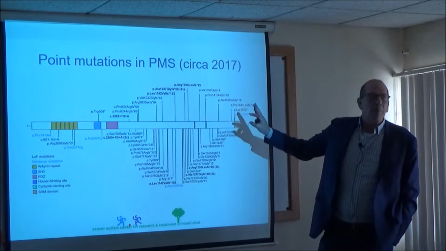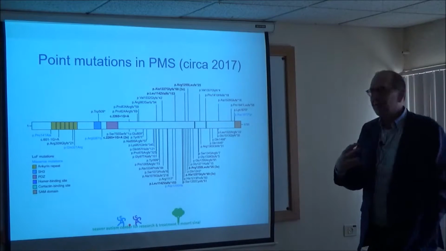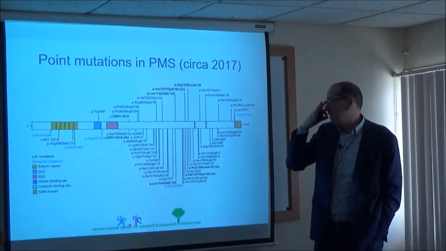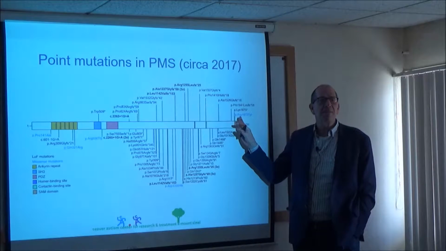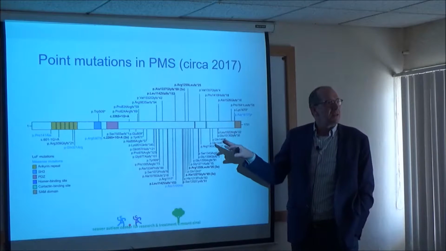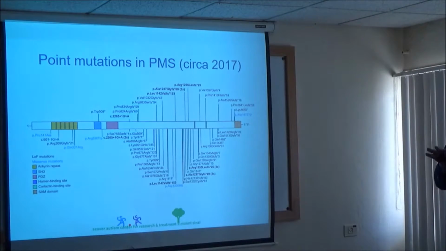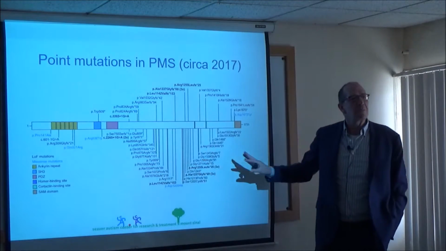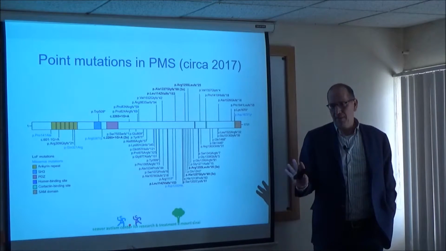So there are point mutations in SHANK3, and there are deletions in SHANK3, and both cause the same phenotype. We looked at 17 patients with point mutations, so the biggest cohort prospectively. We also did a literature review. We found 60 mutations described in ClinVar. About 50 of those had some clinical data. So this is the map of all the known mutations in this gene, all of which present with autism or ID, and often both.